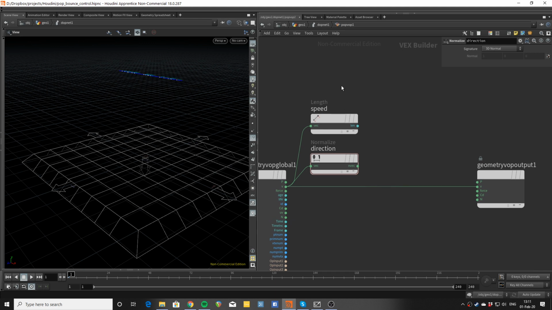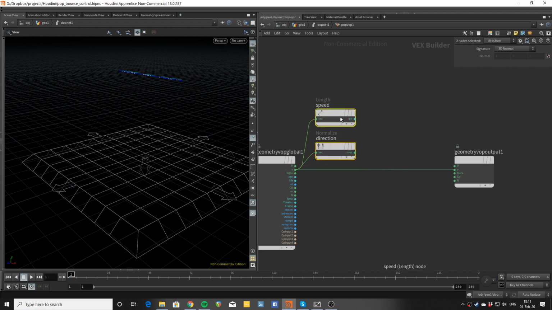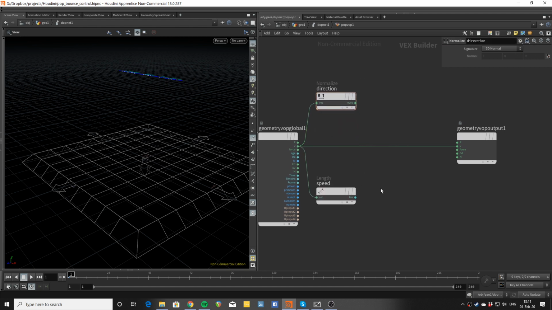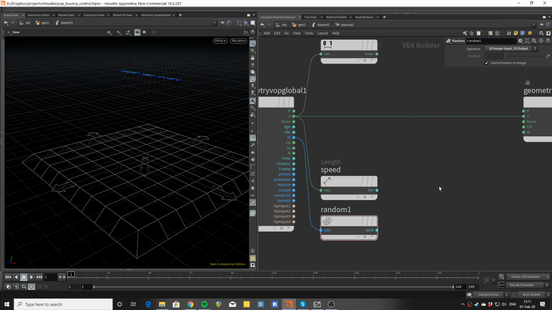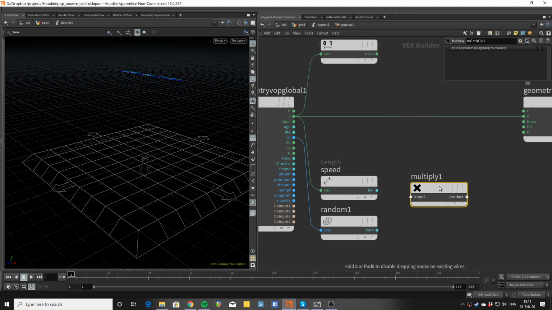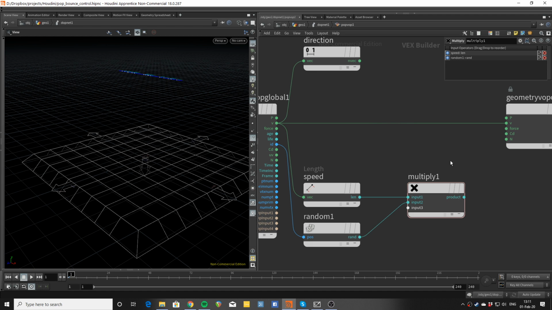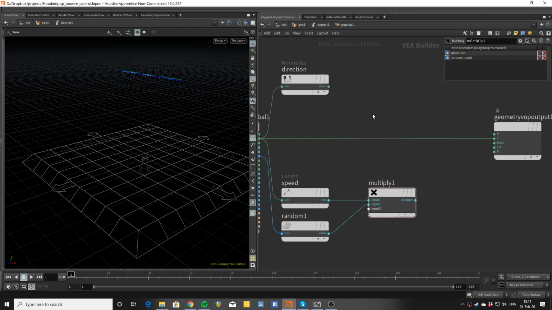Now, if I want to add some noise to that, some randomness to that speed, I can use a random. Then I have to pick what I want to seed that random with. And I think ID will be cool because I want each particle separately to have a different random, and ID is something that the particle carries with itself. So accumulating things usually means that you multiply. I'm going to multiply the speed with that random,